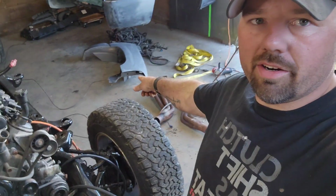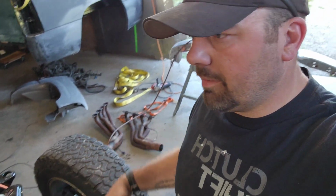So anyway, we got some tasks to do up to tomorrow. Looking at getting these headers done up, cleaned up, get all of the sanding hopefully done for tomorrow, and maybe get the bed liner stuff put on. And what I'm talking about is the very bottom of the cab and the body line, and then inside the bed. Just while I got it all out, go ahead and get that done